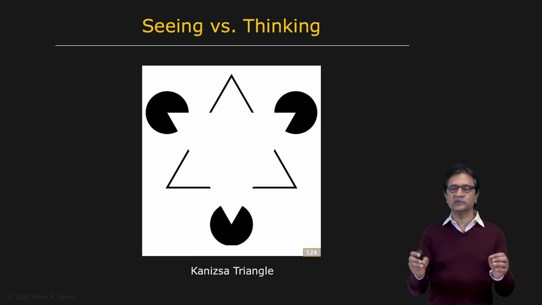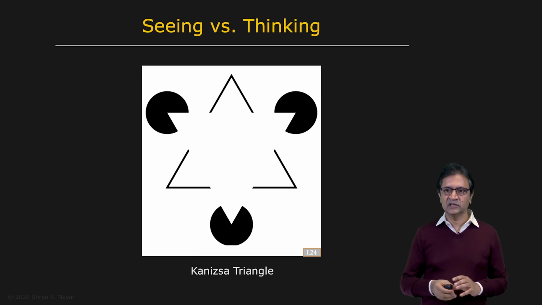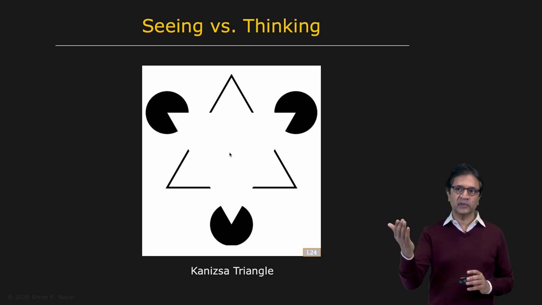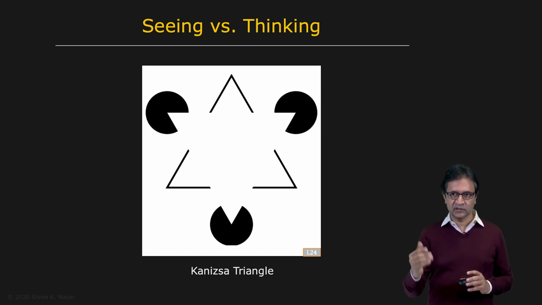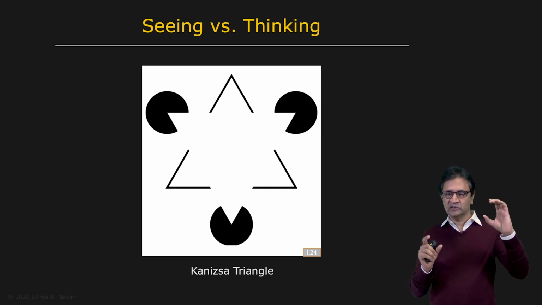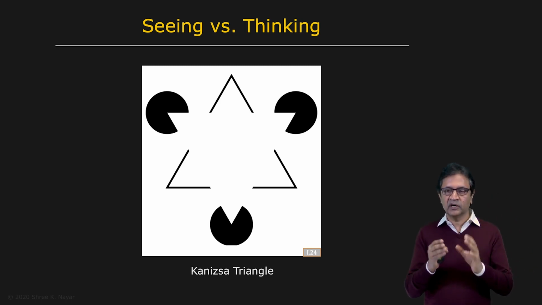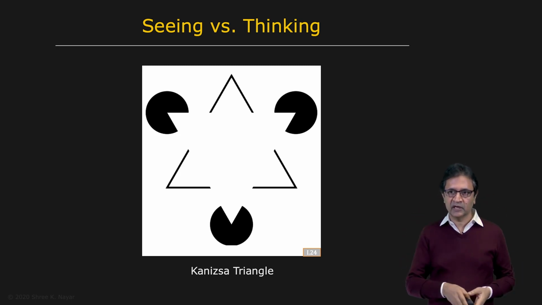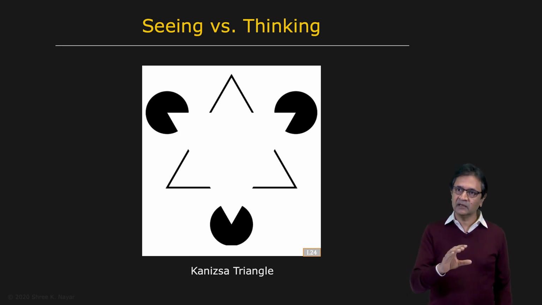And then there is the difference between seeing and thinking. This is the Kanisza triangle. In this case, in the center, you see a white triangle. In fact, this white triangle in the center seems to be brighter than the white background. And it seems to be jutting out a bit, that is closer in depth than the rest of the scene. But there is no triangle here. There are actually 3 Pac-Man-like fragmented discs, very carefully configured and aligned, that give you the illusion of a white triangle. Your brain is actually filling in this information. It believes that there is a triangle. This is the difference between seeing and thinking.